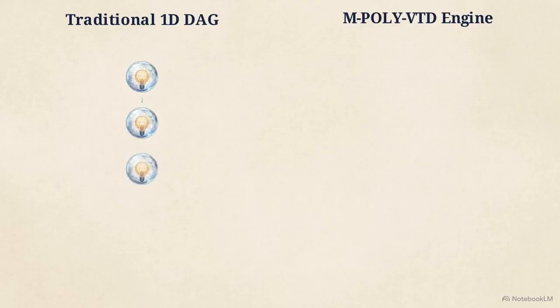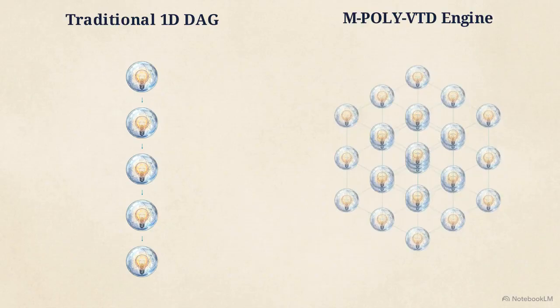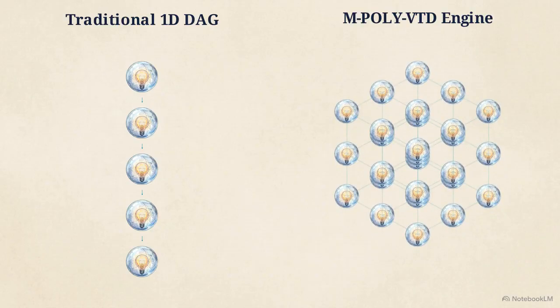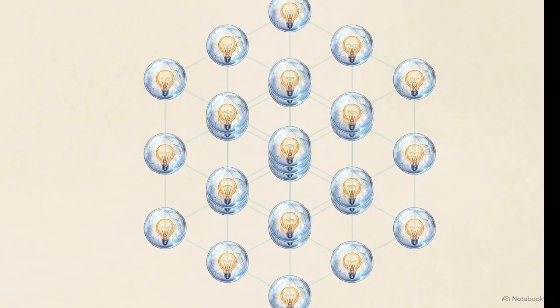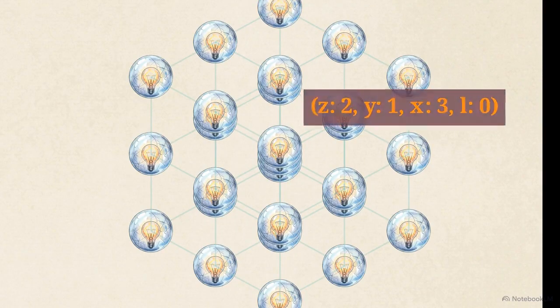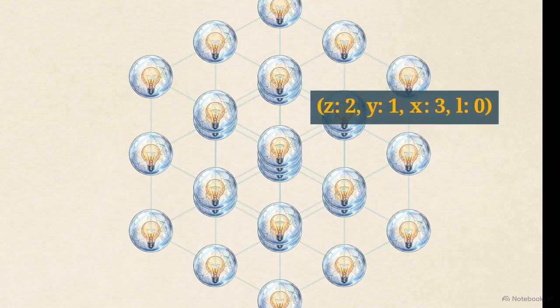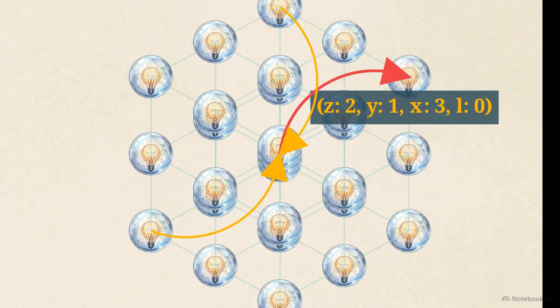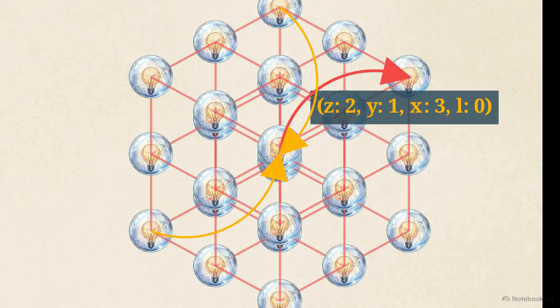This diagram compares a standard inference graph with Loom's structural solution, the mPolyVTD engine. Instead of processing neural networks as a linear list of operations on the left, Loom conceptualizes the network as a physical, three-dimensional space on the right. Every layer receives a precise geometric address, utilizing Z, Y, X, and L coordinates. This enables nonlinear data routing. Signals can bypass adjacent layers entirely, execute spatial hopping via remote links, and mimic a biological routing of cortical columns